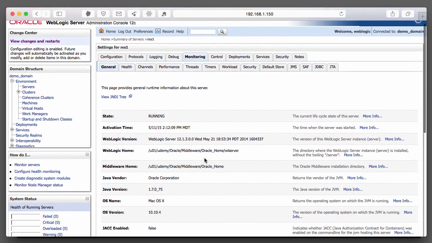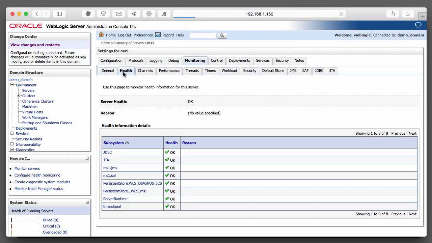So back under monitoring, next to the general tab is the health tab. If you click on health, you'll get an overview of the health status for various subsystems on this server. So we've got JDBC, JTA, JMS, store and forward, and the various persistent stores. These are default subsystems. These subsystems are deployed to WebLogic, but we don't have any actual data sources or JTA pools configured. And then on the performance tab,